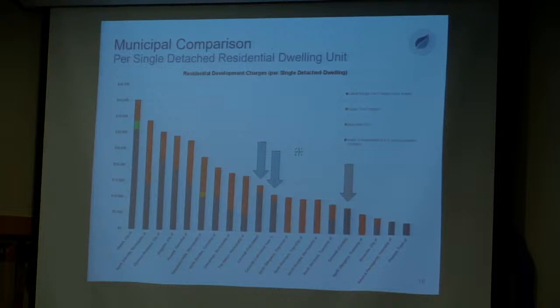And then in the yellow section of the bars are upper tier development charges where applicable, and the green section is where there are education development charges to give that full spectrum of the development charges payable by municipality. And so with the 83% increase in the fully calculated charge, or the 46% increase in the year one charge,